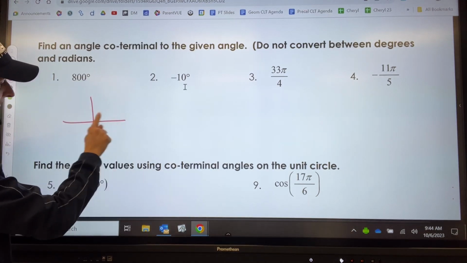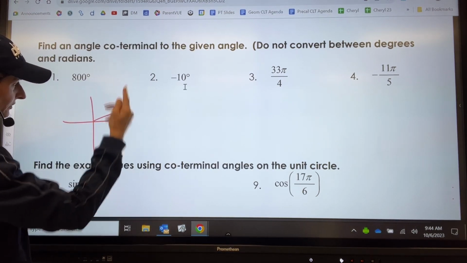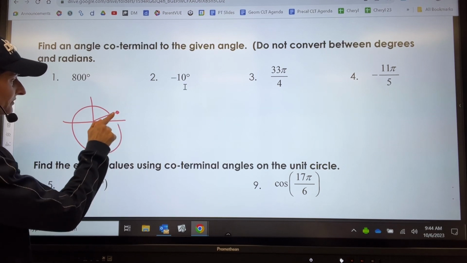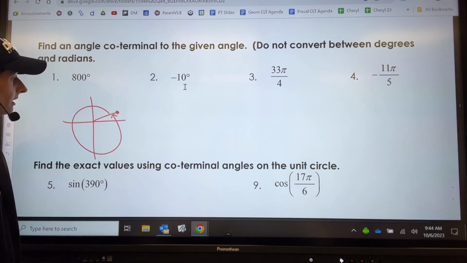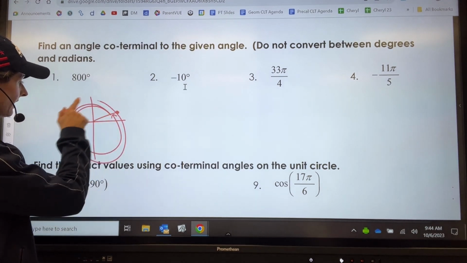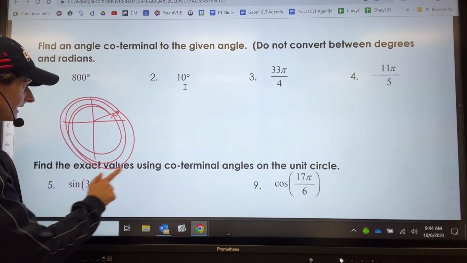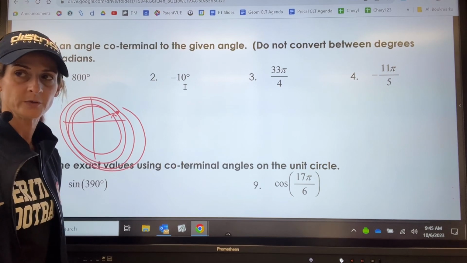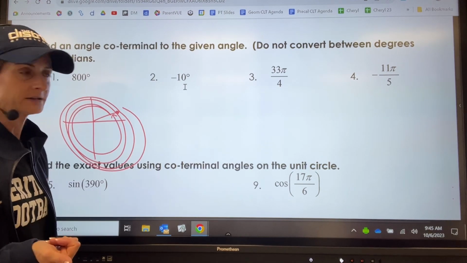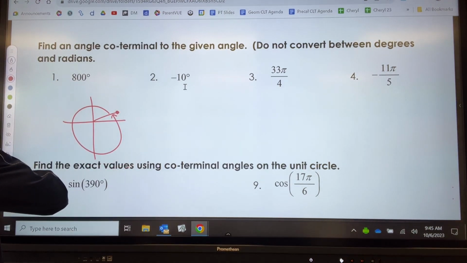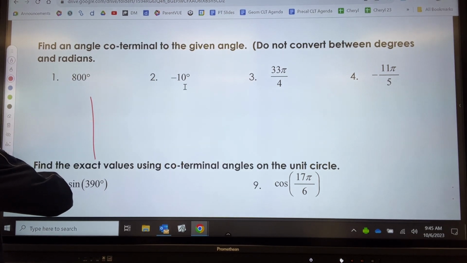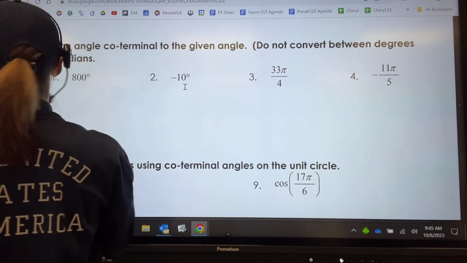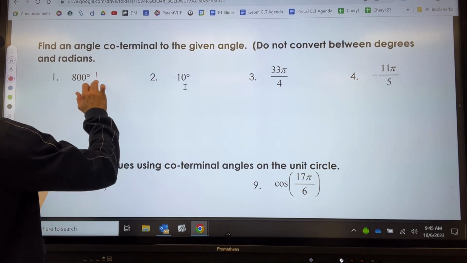To find a coterminal angle, if the angle's right here, let's say it's 30 degrees, we're just going to either add 360 to it, and you can add 360 an infinite number of times and get another coterminal angle. Or you could subtract 360. That's all we're doing. Either adding 360 or subtracting 360. So if I add 360,